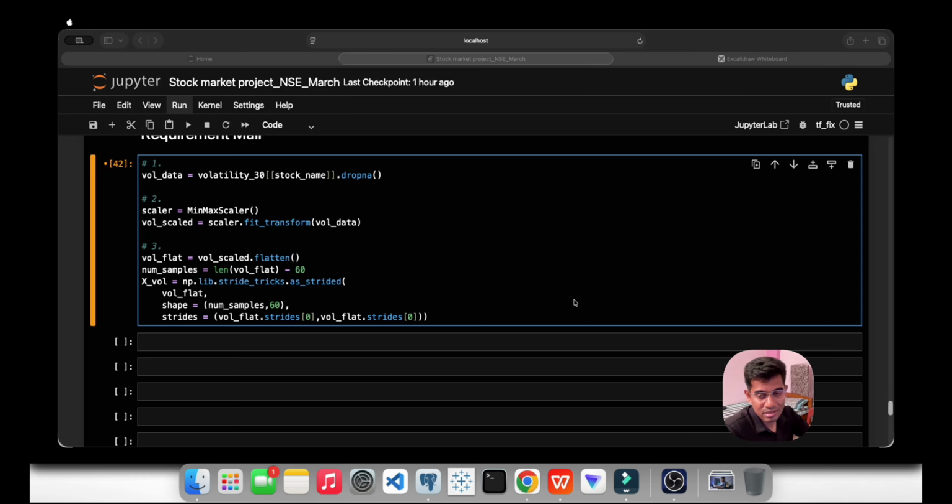X volume and Y volume here. Don't worry about it, I will explain each and everything step by step, right? No worries for that. And I will take the test size as 0.2 and shuffle as false. Why shuffle as false? Because in the mail they have told no reshuffling. That's why.